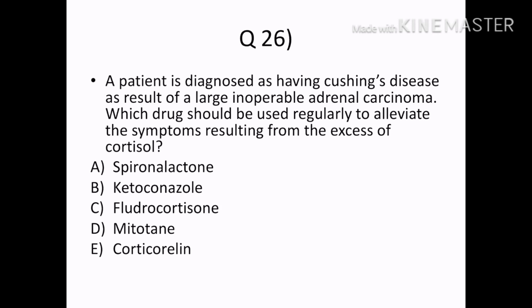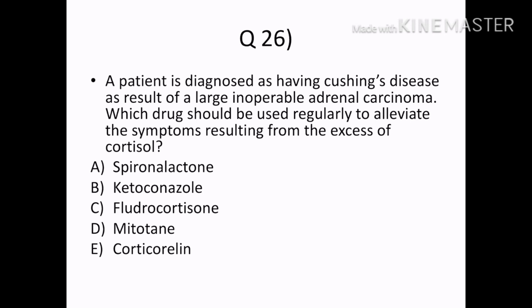Now this question is slightly similar to the one we have already discussed. In that question, the patient suffered from a pituitary adenoma, which was inoperable. As a result of pituitary adenoma, the patient was producing excessive amount of cortisol, and we gave that patient a different drug. In this case, however, there is an inoperable adrenal carcinoma. So we need to give a drug that would overcome the excessive cortisol produced by this adrenal carcinoma. The drug of choice is